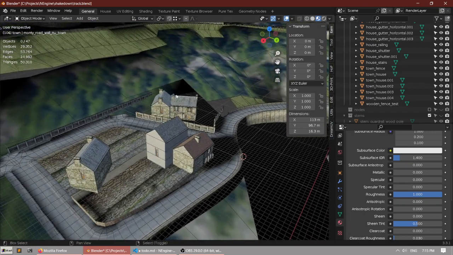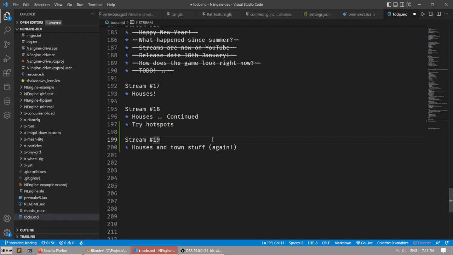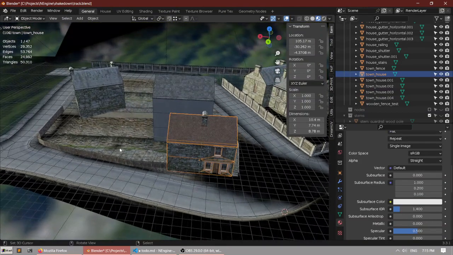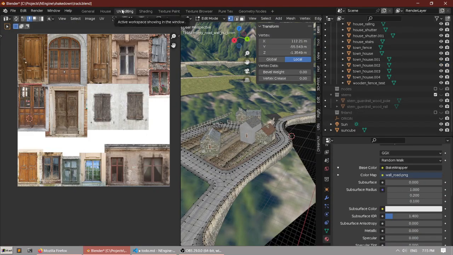The first thing is, before the houses, I want to try baking the light map for houses, because I did actually do that, but it's kind of broken. The thing is that if I go